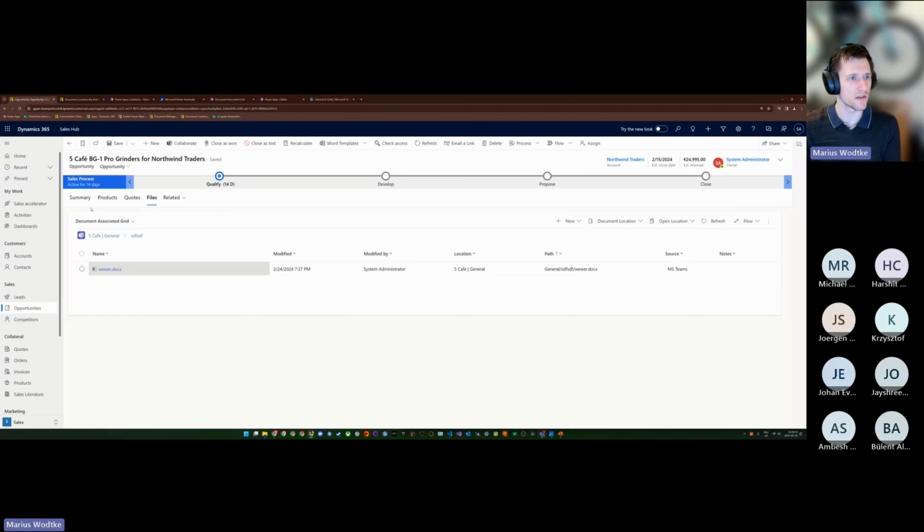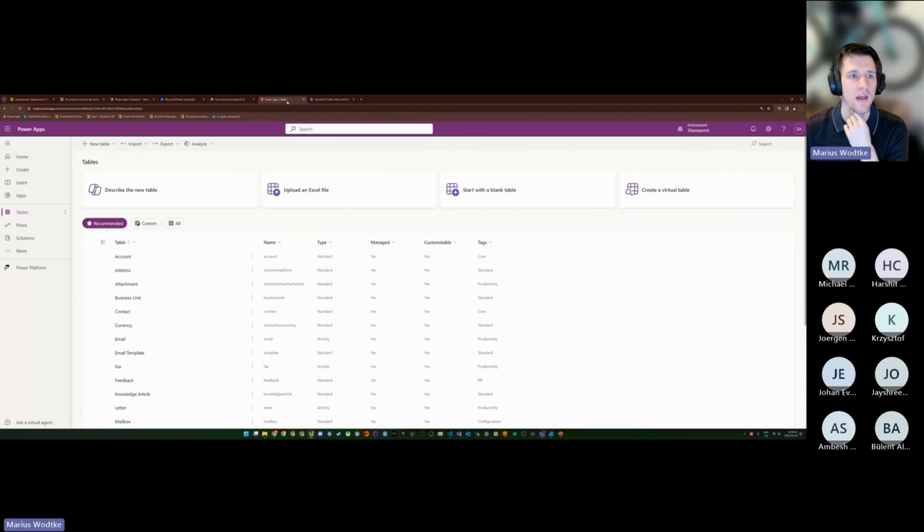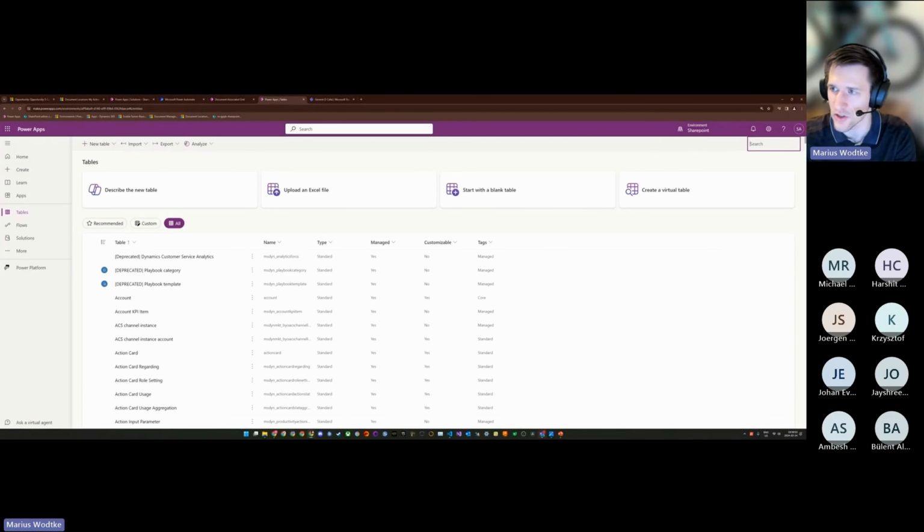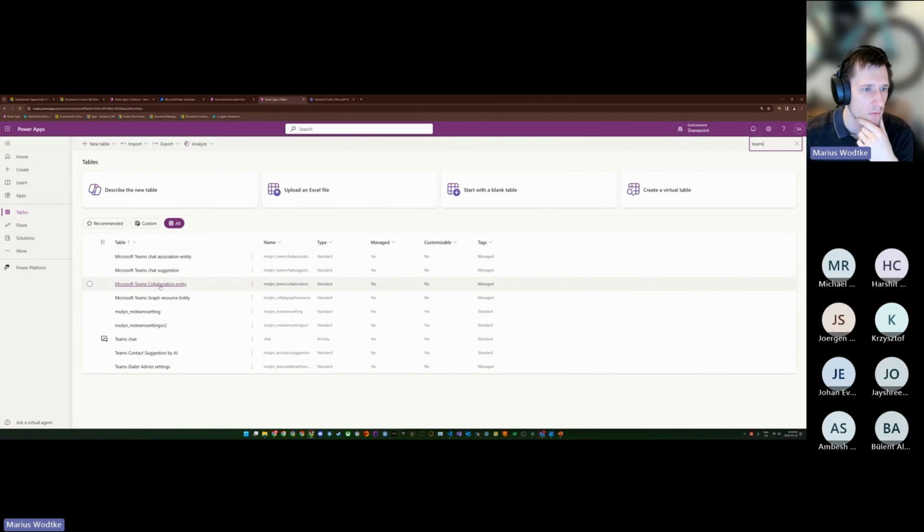So Teams. Then we can take a look at Teams automation. I've talked about the document locations. I will be using the tables feature of Make Power Apps because, while for document locations I was just able to get them by the advanced settings, that is not possible for the Teams entity. The first thing here in tables in Make Power Apps: switch to all and not recommended because otherwise the search will not work. So it's something about Teams,